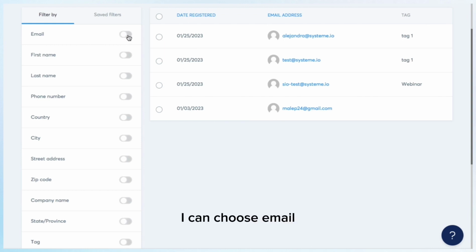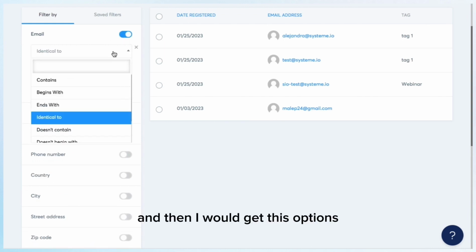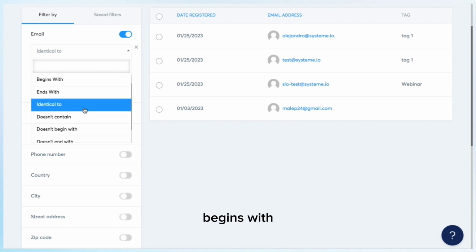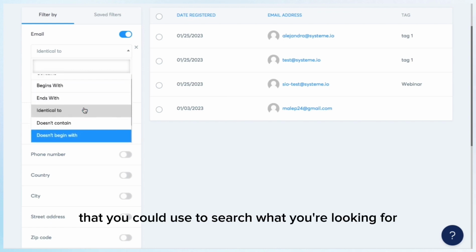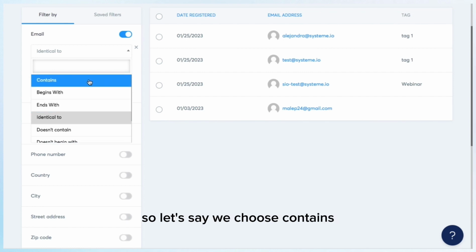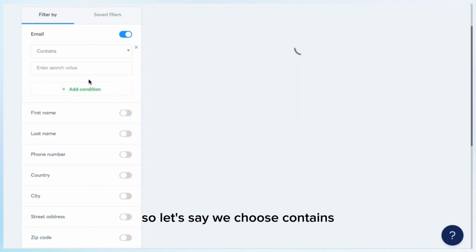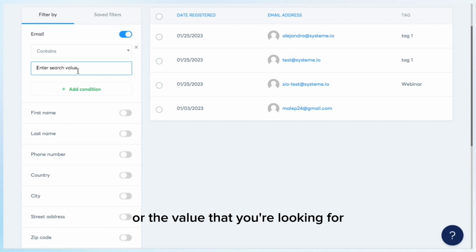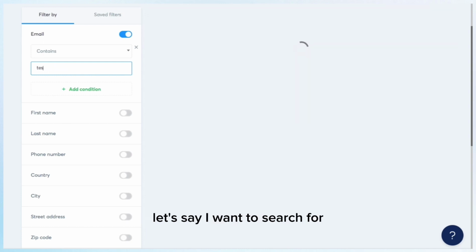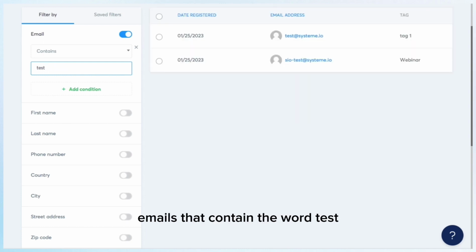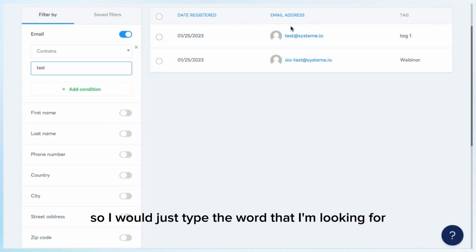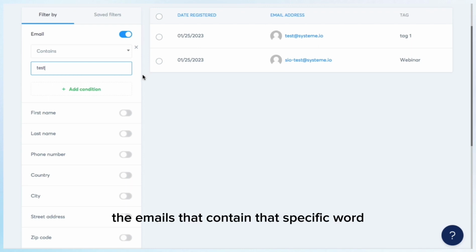For instance, I can choose email and then I would get these options. So identical to, contains, begins with, and a bunch of other options that you could use to search what you're looking for. So let's say we choose contains. You would just have to enter the word or the value that you're looking for. Let's say I want to search for emails that contain the word test. So I would just type the word that I'm looking for, and then it would show me the emails that